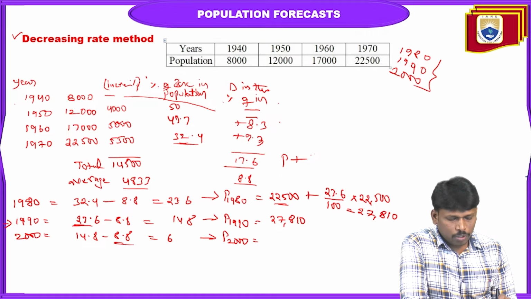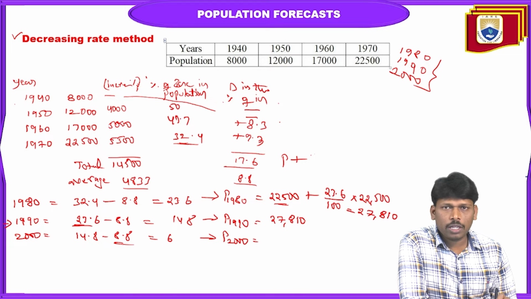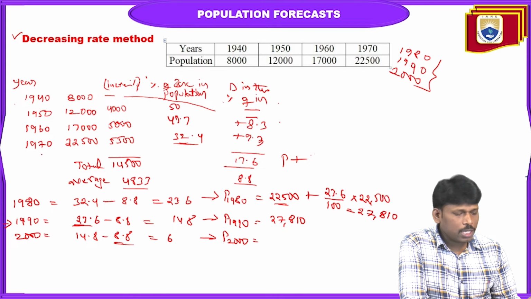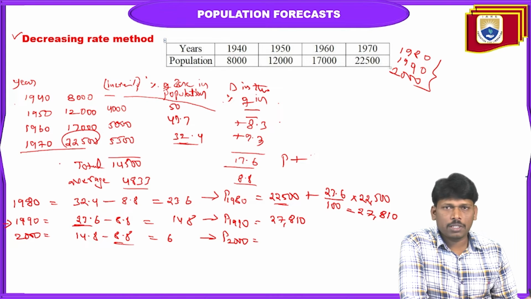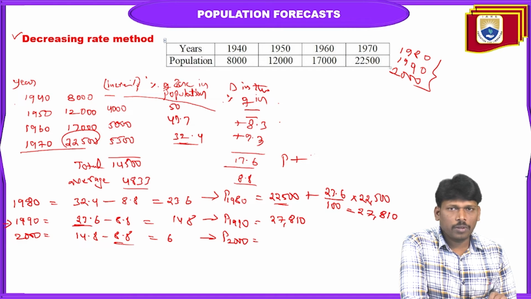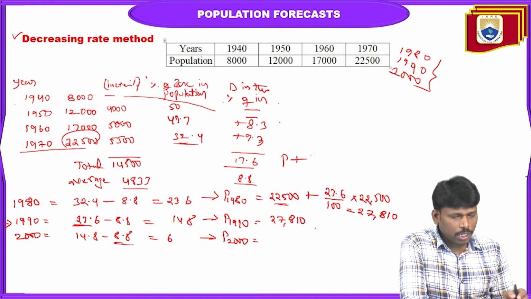27,810. So one thing you may observe here is the difference between the previous methods and this method. In this method, for n number of decades you are calculating the population. In the arithmetical increase method and incremental increase method, we considered only the census recorded data as the previous. For example, if you are calculating according to the arithmetical method, here we will consider this 22,500 only. But whereas in the decreasing rate method, we are going to consider the latest one,